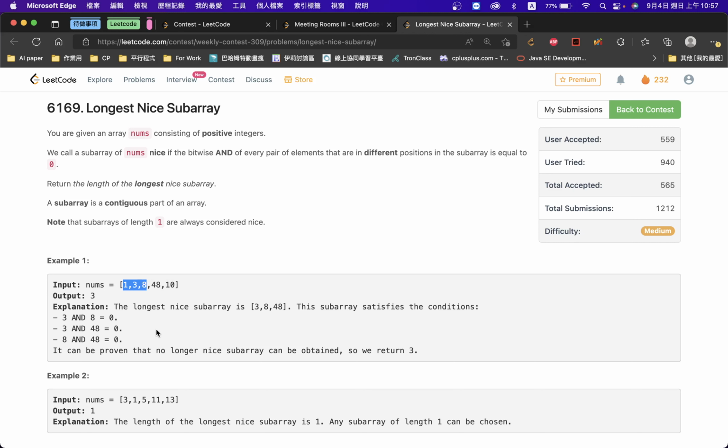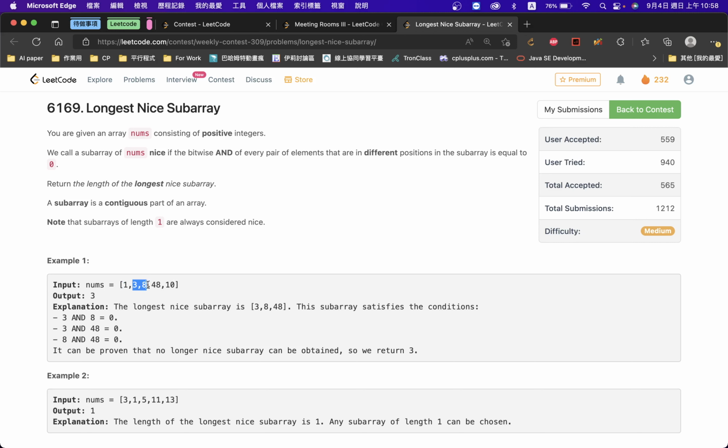Every pair's bitwise AND is equal to 0. Means that they cannot have common digit. We cannot have common digit, so